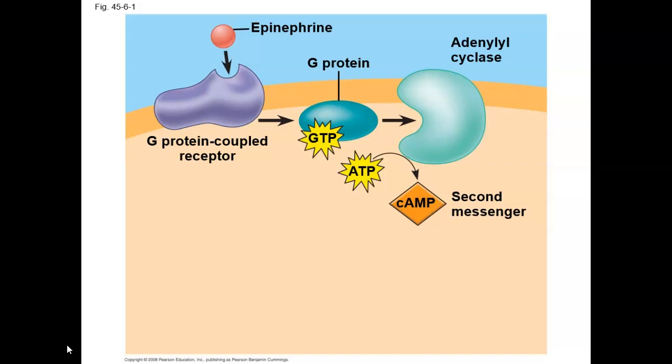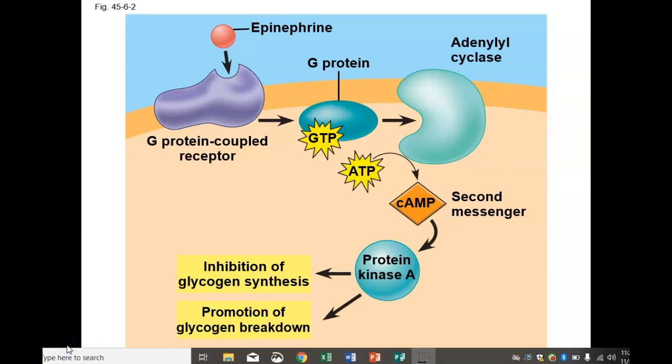But in a lot of these cells, no matter how they're going to respond, the epinephrine is going to bind to a receptor protein, in this case, a G-coupled protein receptor, which, if you remember, then activates the G protein, which then activates adenylyl cyclase, which turns ATP into cyclic AMP, or into a cAMP molecule. Now, if you remember correctly, that secondary messenger can then activate several different amplification processes within the cell in the transduction portion of cellular response.